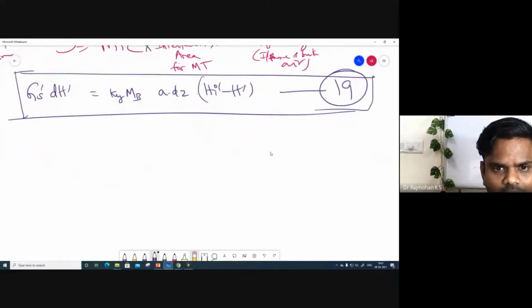Let us see how, because we have an equation in terms of dz, right? So we can rewrite this equation as dz equal to